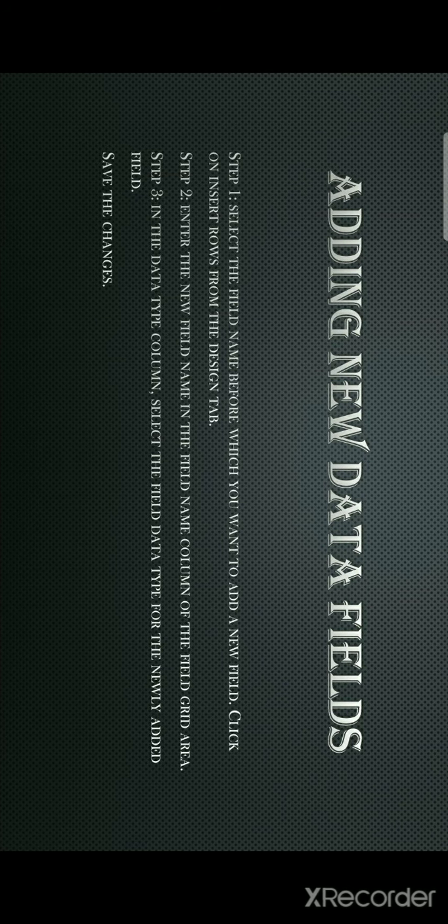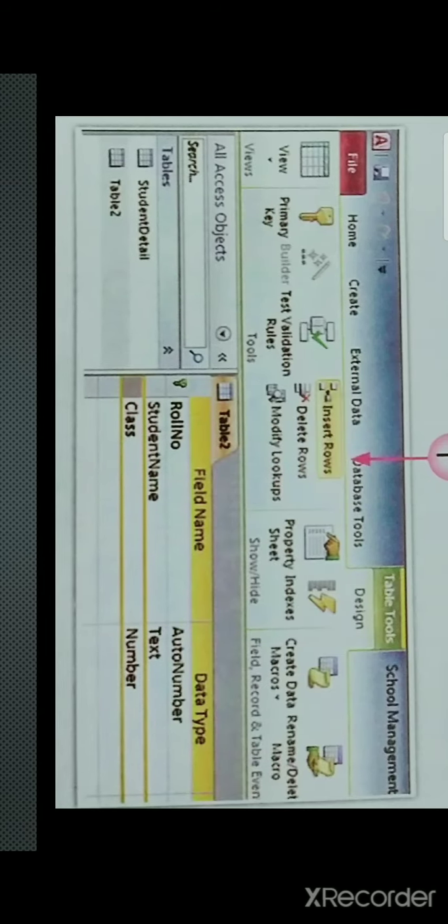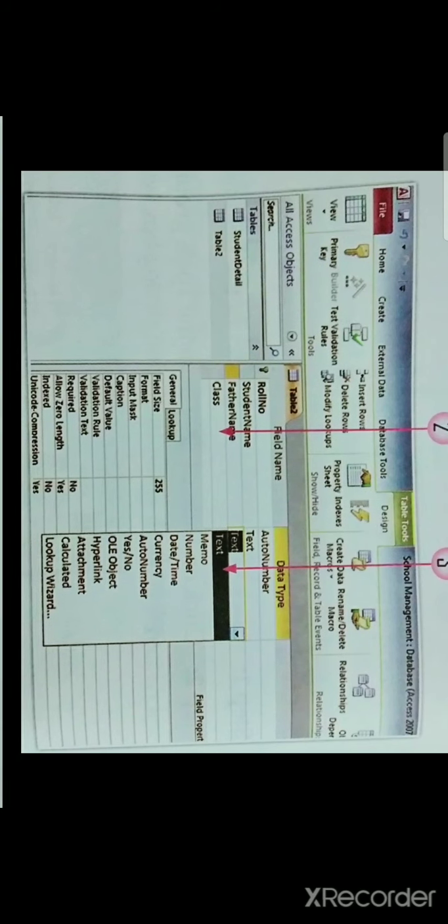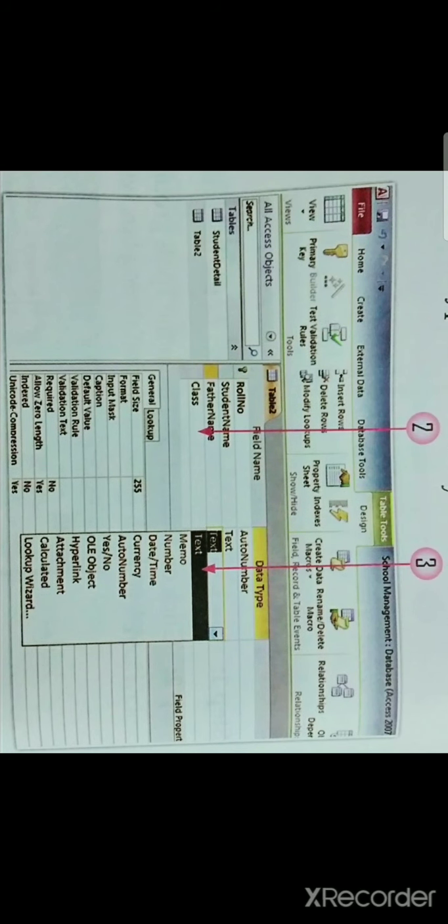Now we add some data fields. For this, we again have to follow some steps. In step 1, select the field name before which you want to add a new field. Then click on insert row from the design tab. Now in the second step, you have to enter the new field name in the field name column of the